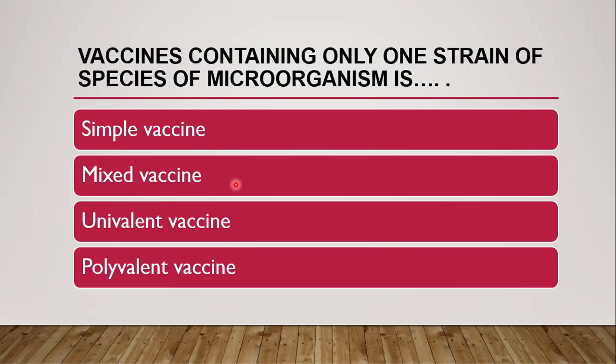So it is two or more than two species of microorganisms. So it is a mixed vaccine, for example MMR. Then polio is simple. Then a univalent vaccine, if you will see, is nothing but it contains only one strain of one particular species. Then polyvalent vaccines, which are also known as